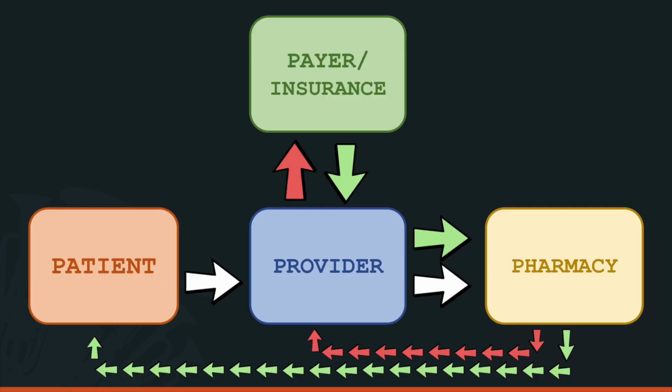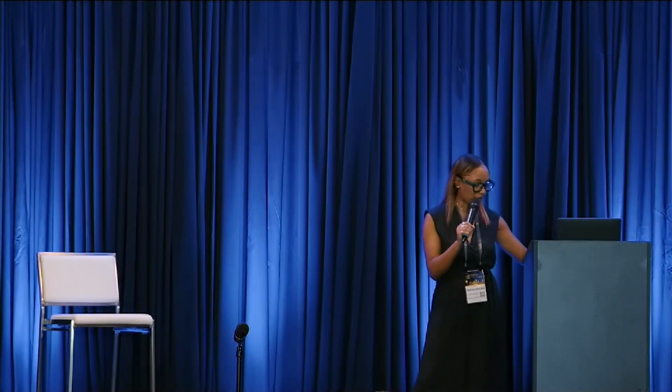The green arrows you see on the screen signify the communication of the decision of that prior auth claim. Whether that was an approval or denial, that's going to start at the payer, and we follow those green arrows to follow the communication of that decision to the provider, to the pharmacy, and then to the patient. Again, throughout this session, we're going to navigate each player you see here on this game board more in depth. And we're going to do that by taking a look at their perspective throughout this journey.